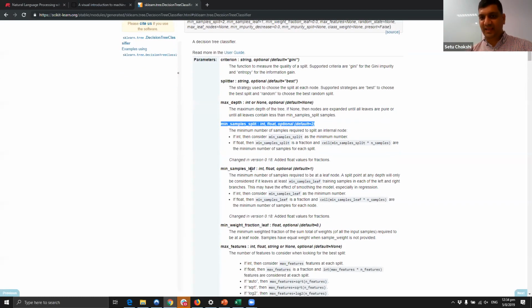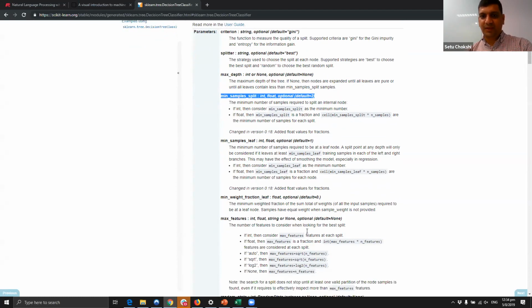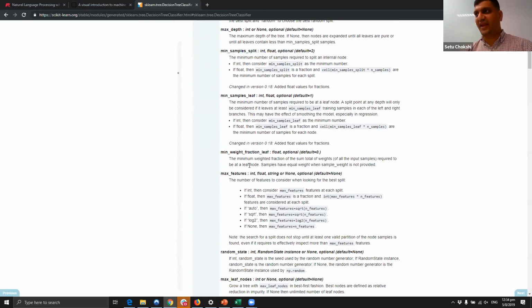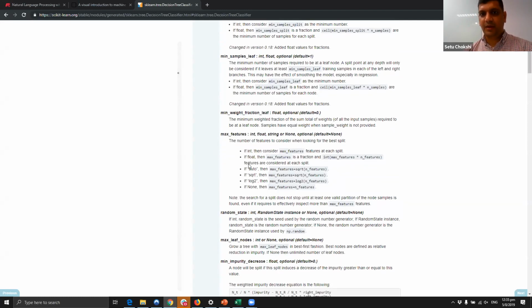Then minimum samples per leaf. When you do the split, how many samples will remain at each leaf point? That's another way of looking at it. This is a little bit complex because if you are now setting weights on certain attributes, where you say I weigh some of these observations more and some of these less, that's a concept that we'll deal with in a bit. But when you start to say some observations count more than others, then that's another way of looking at weighted fractions.